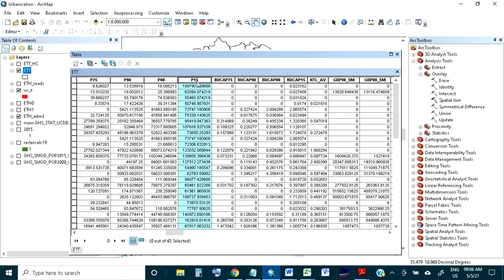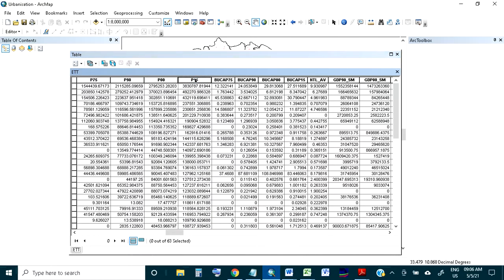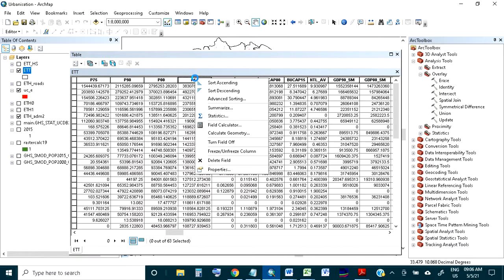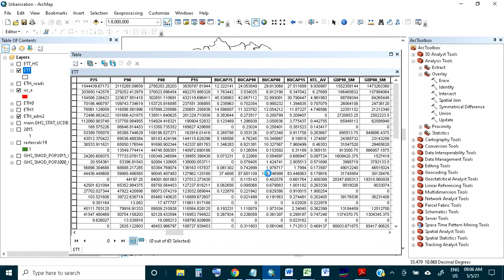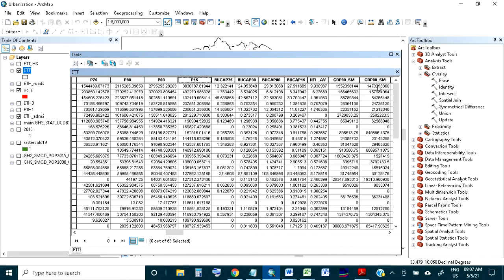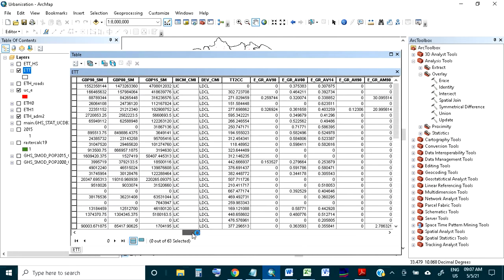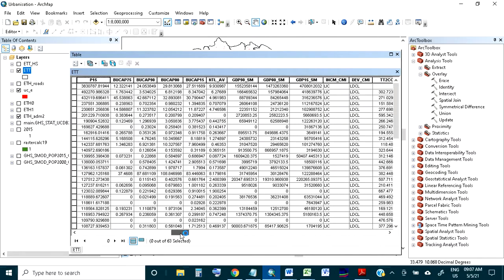For instance, you can see this population data, statistics, then it is highly skewed, because Addis Ababa has more urban population than other urban centers. Similarly, if I take the built-up area also, the GDP data also, the socioeconomic data is much skewed, and